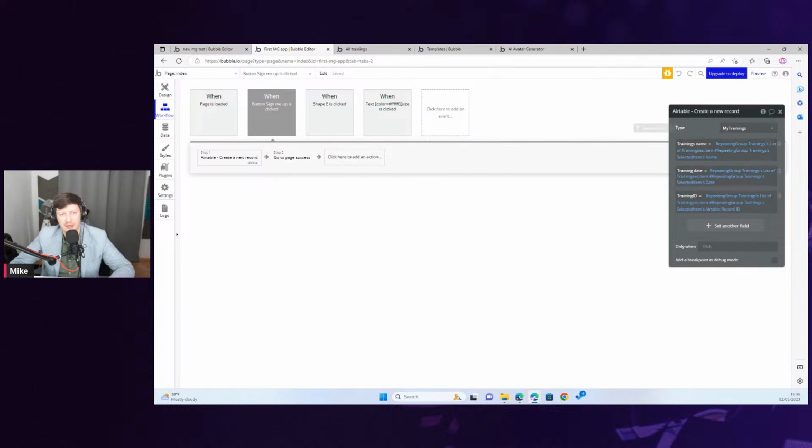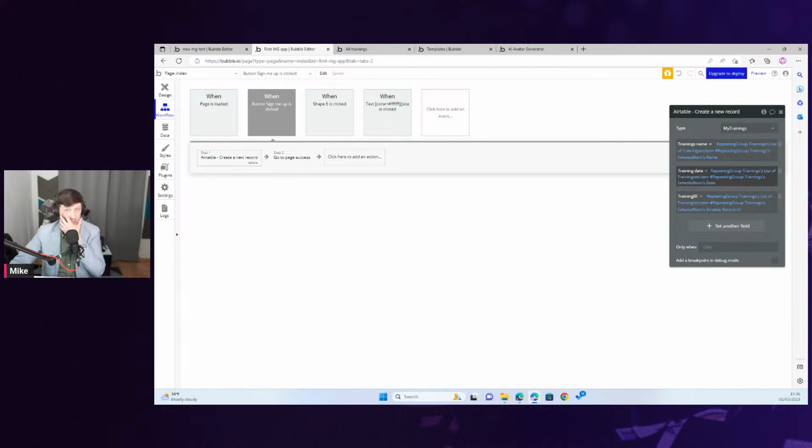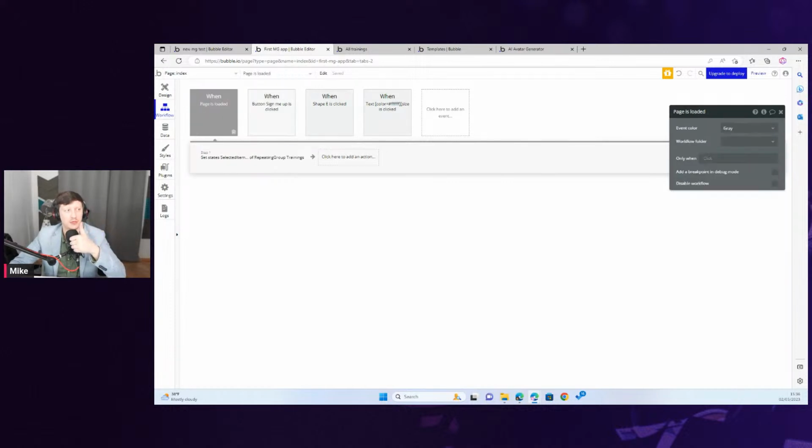And this will be creating a new record in my trainings table, and I'm setting fields, right? I can add more of these, but of course I don't need to, I have only 3 fields in my Airtable table, whatever. And here, for instance, I'm going to the trainings list, because hold on, Michael, too fast.